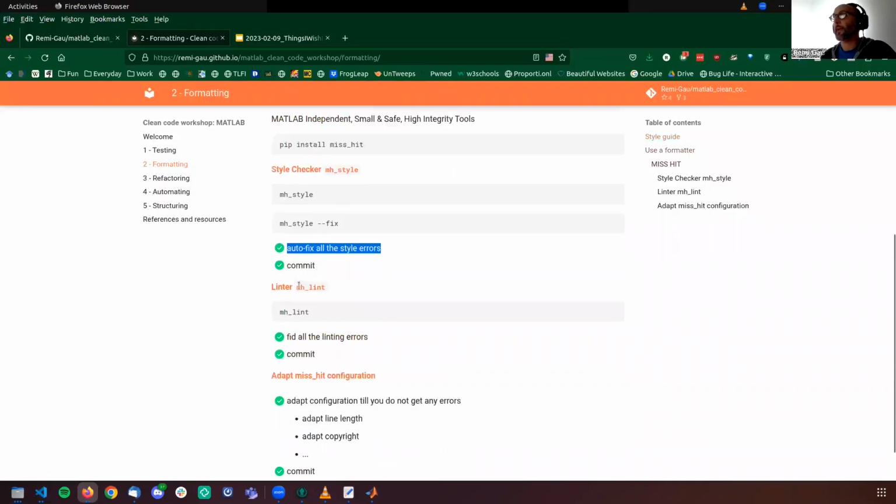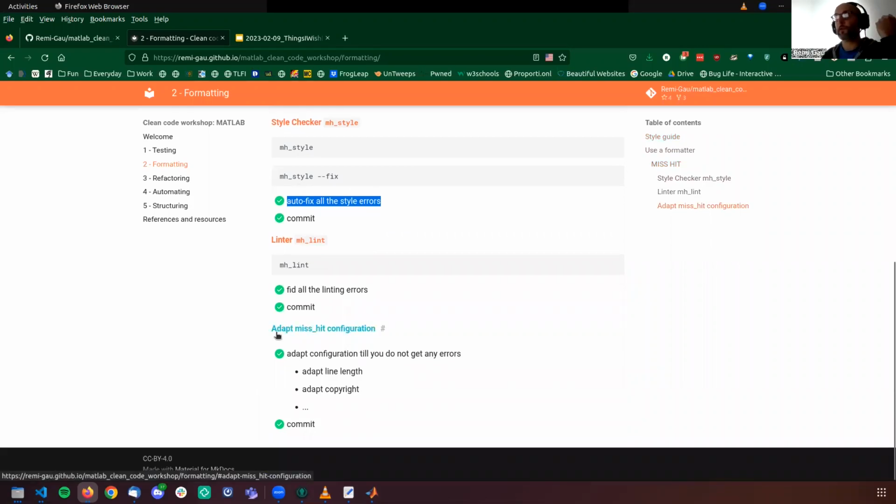And now I'm going to show you how you can start configuring Misfit. So the idea of what we're going to do here is get to a point where whatever tool we run with Misfit, we don't get any errors. The reason why we're going to do this is that we're going to go to a situation where all the errors that Misfit will usually detect are silenced.